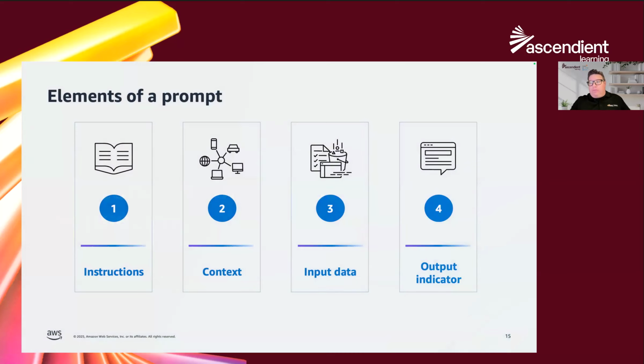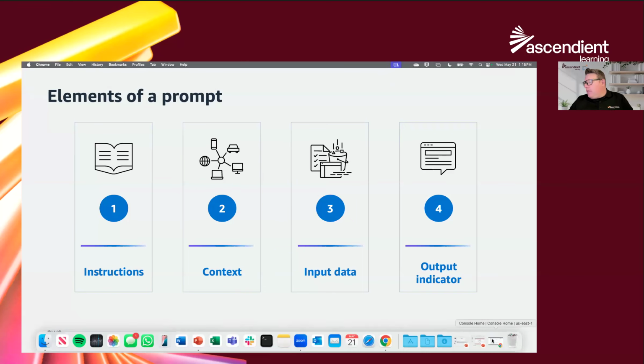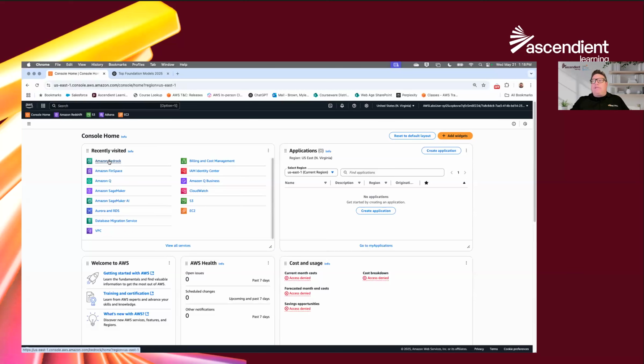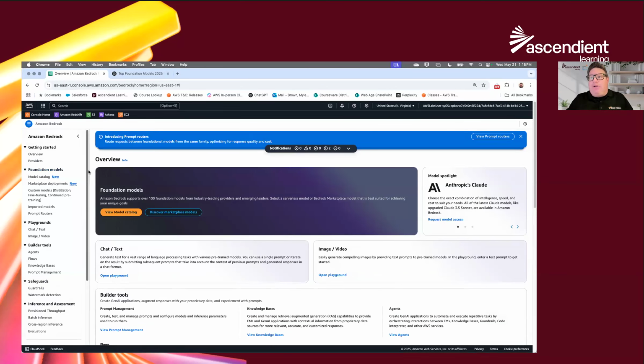At a very high level, you typically have these four elements when you write a prompt. And again, it doesn't matter if you're using ChatGPT or Gemini. Those are examples of end user tools, right? Under the covers, those are using a specific foundation model. Now, in my examples, I'm going to use Amazon Bedrock. So Amazon Bedrock is Amazon's nicely managed service that gives us access to all kinds of underlying